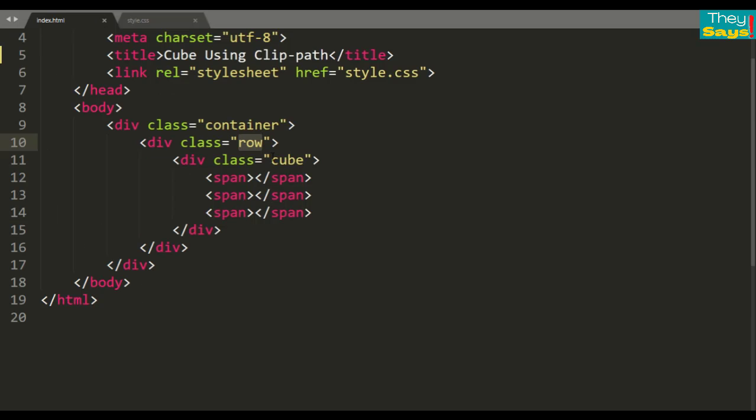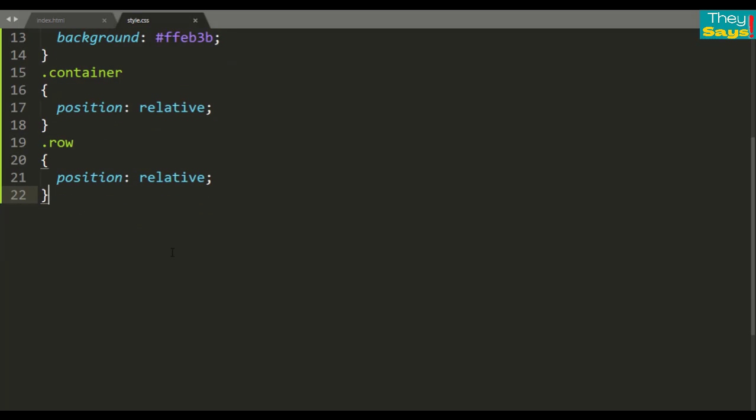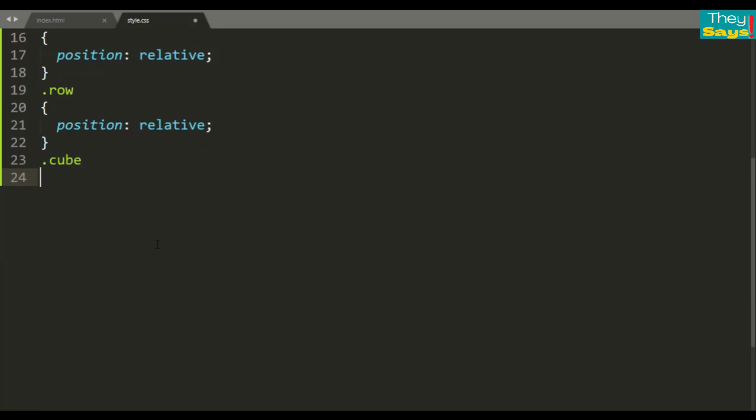Okay, next we copy this class name cube, paste in the CSS file and style it: position relative, width equal to 150px and height is also 150px.